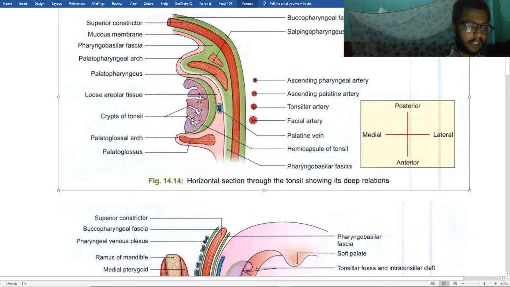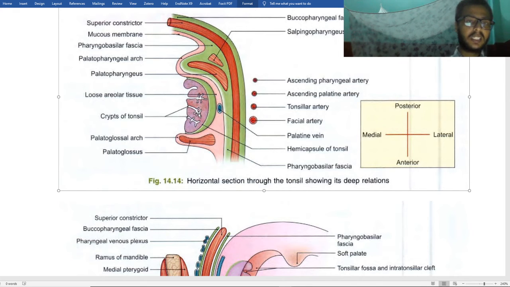This intratonsillar cleft is sometimes wrongly named the supratonsillar fossa. The mouth of the cleft is semilunar in shape and parallel to the dorsum of the tongue. It represents the internal opening of the second pharyngeal pouch. A peritonsillar abscess often begins in this cleft.